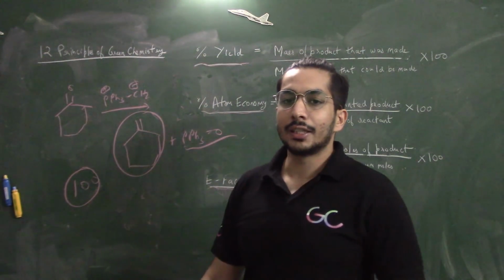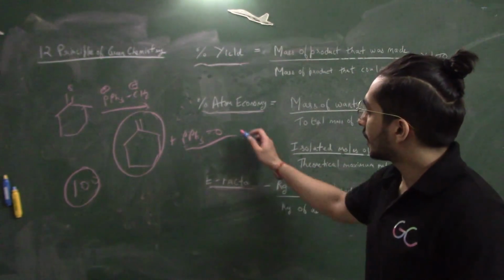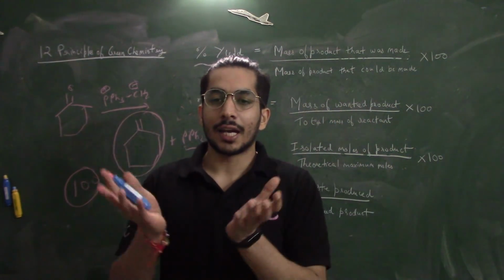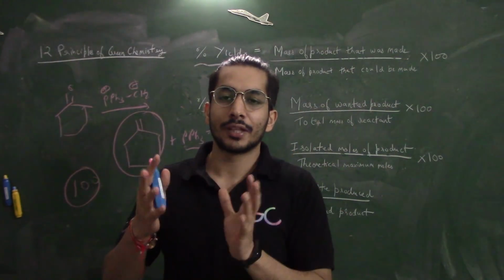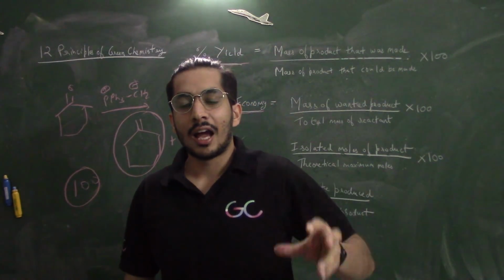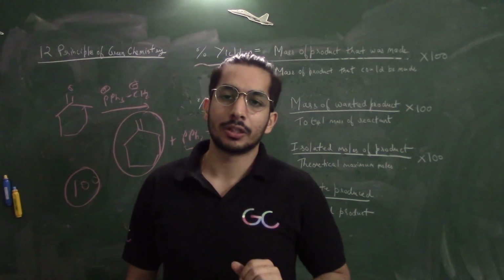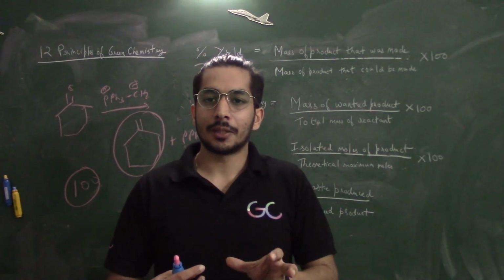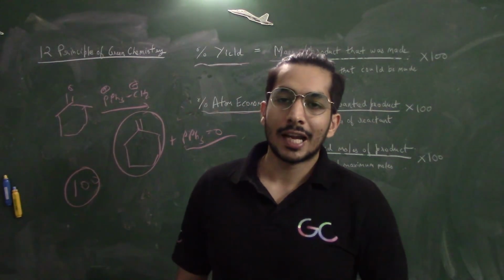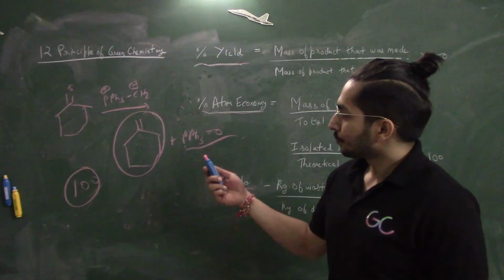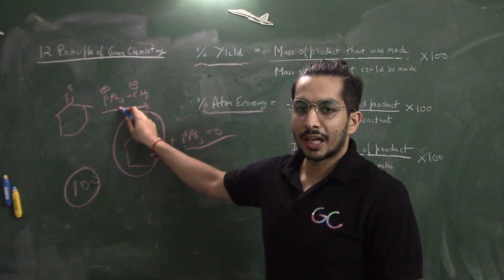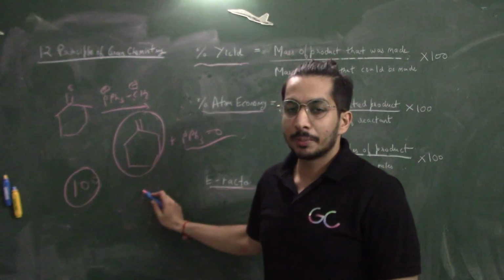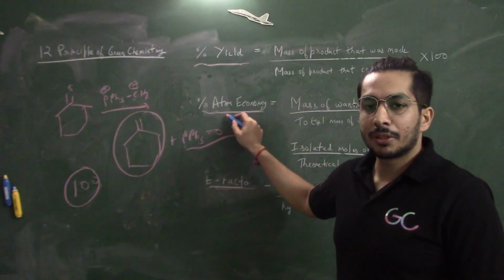But now let's try to calculate a very important green chemistry metric, that is atom economy, or percentage atom economy. What this tells us is how many of the atoms of reactant that you have taken have been incorporated in the product. This is a very important metric. Again I repeat, of the number of atoms in the reactants in total, how many of those atoms have been incorporated in the product, that is what the atom economy tells us. So over here, the reactant also includes this triphenylphosphine halide. This phosphorus halide is also there in the reactant, and it has not been incorporated in the product. So this metric, the percentage atom economy, is very important.